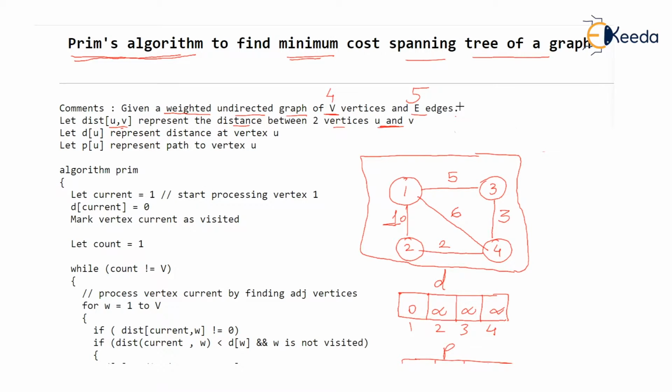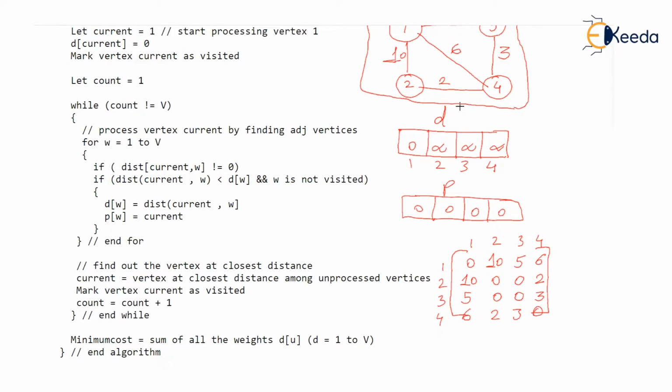So for this 4 vertex graph, what will be the dist matrix? You can see that the distance matrix is going to be as shown. You already know how to draw a distance matrix. It will be 4 by 4 because there are 4 vertices. As an example, you can see that dist(2, 4) is 2. So the second row and fourth column is 2. And it is an undirected graph, isn't it? As 2 to 4 is 2, 4 to 2 is also 2, you observe. So we have already stored this graph in the form of the dist matrix.